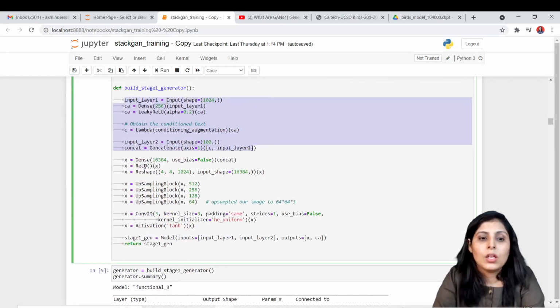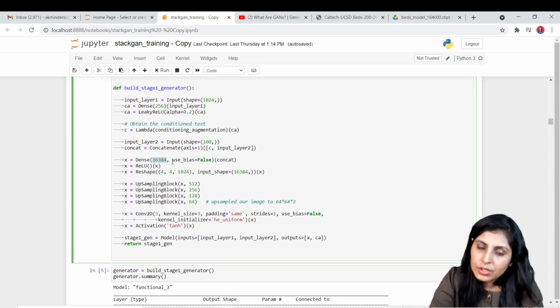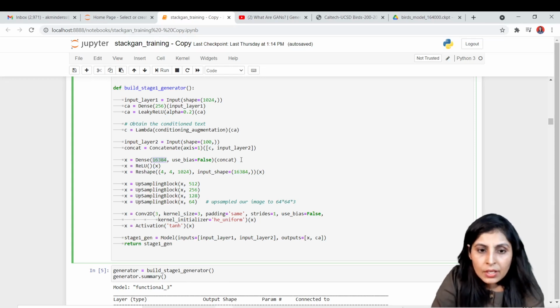In the next layer we are using a dense layer, and the size of this dense layer is 16384. How and why we are using this 16384, we'll come to it. Over here we are giving that concat, the d-dimensional array we got after the concatenation, stored in this concat variable.